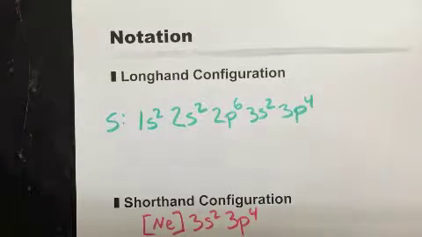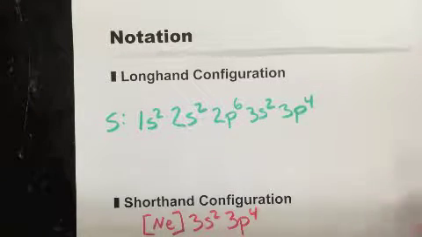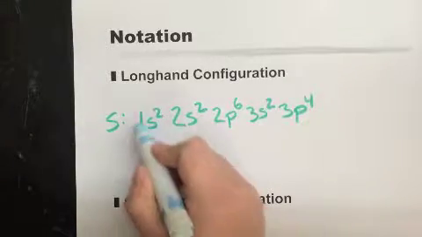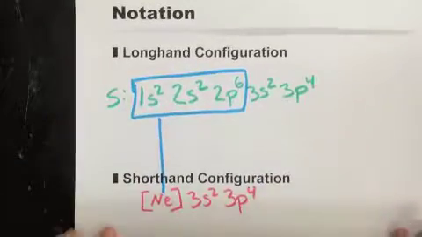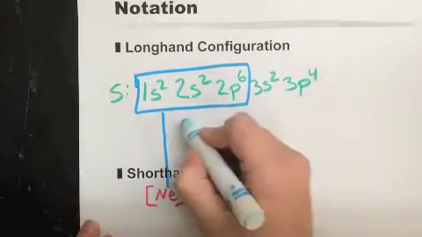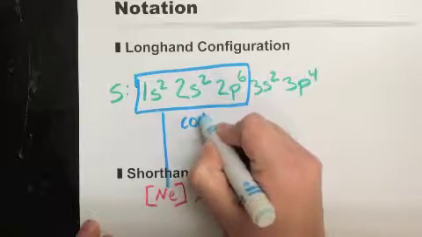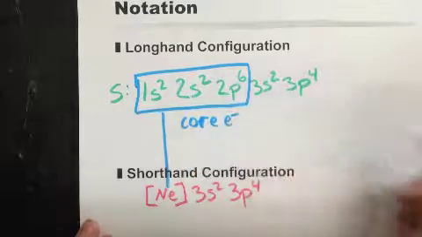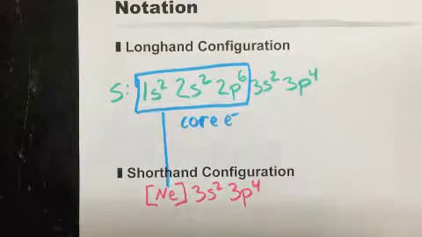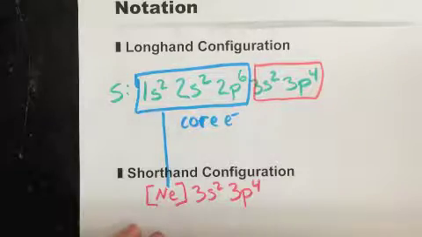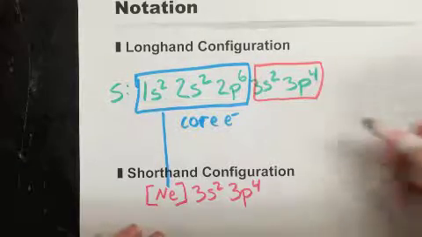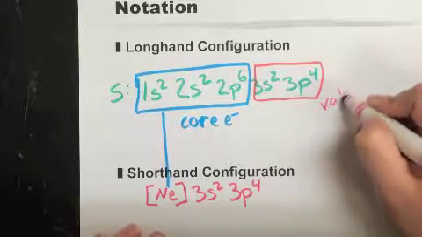Now, this shows you several different things actually. So if you can tell, the Ne is replacing that part of the configuration. These are called your core electrons because they're on the inside. Then this part, the part that's left over, these are the electrons that are in the outermost energy level. So these are called your